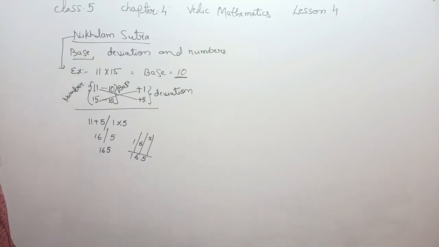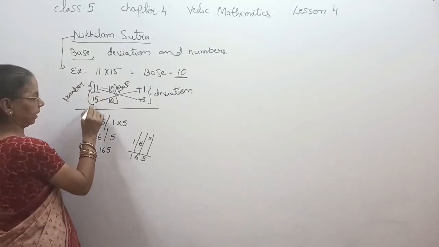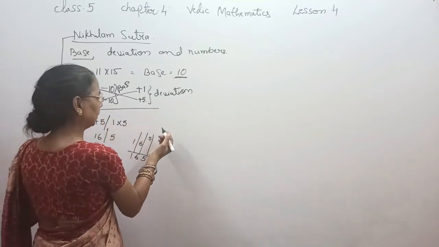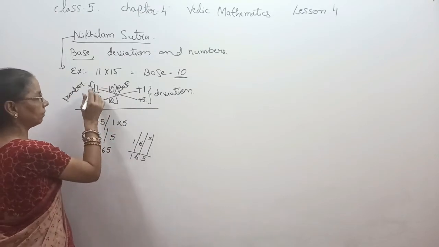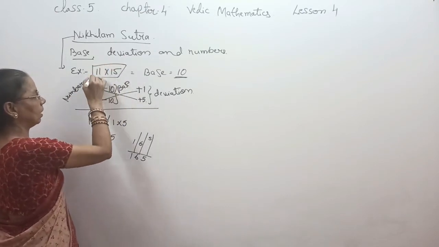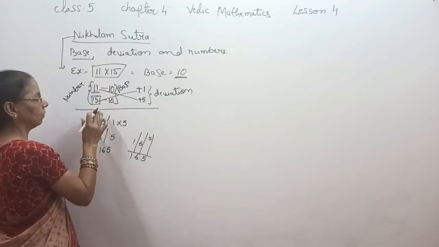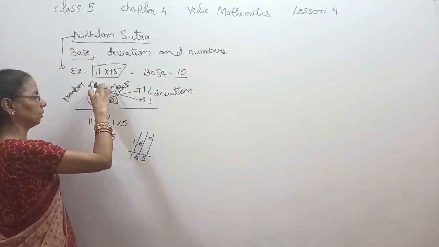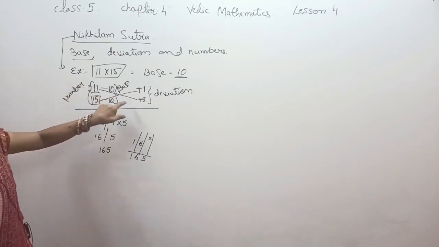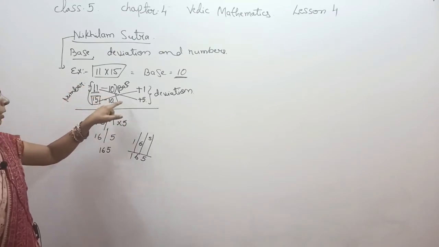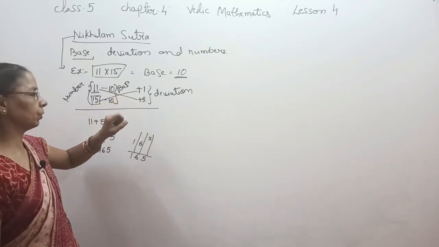Now second, if we have taken this 11, now if we take 15, then again it is the same. We can solve this problem by taking any one of the numbers, not both. We have to take only one number. यहाँ से कोई भी एक नंबर लेना है जो क्रॉस में लेना है. अगर ऊपर वाले लेते हैं तो नीचे वाले नंबर से प्लस करना है, अगर नीचे वाले लेते हैं तो ऊपर वाले नंबर से उसे जोड़ना है.